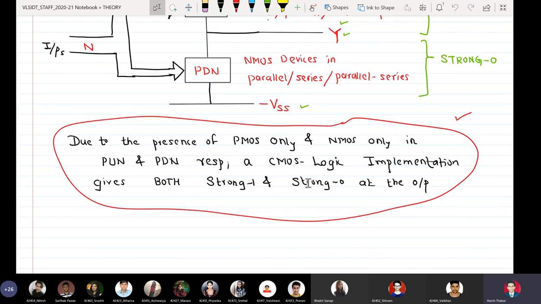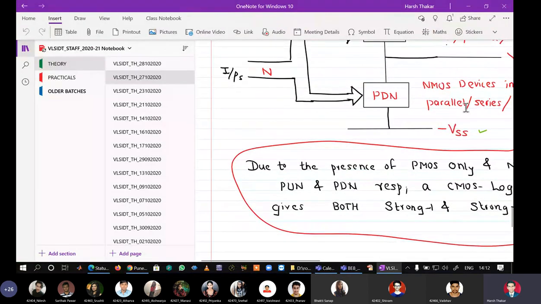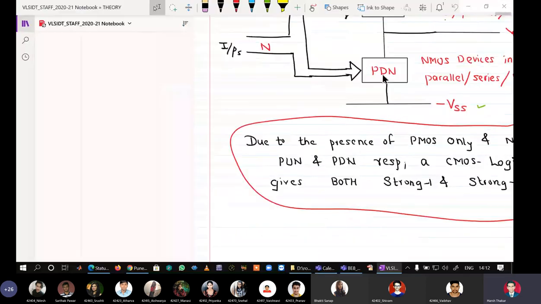Now today we are taking our discussion ahead on the CMOS logic family. That is the first one, complementary CMOS, if you remember. The complementary CMOS logic family is one in which you use an equal number of PMOSs and NMOSs. So if I use one PMOS in pull-up, I must use one NMOS in pull-down. If I use 4 NMOSs in pull-down, I must use 4 PMOSs in pull-up. Whenever the number of P-channel devices in the pull-up network is equal to the number of NMOS devices in the pull-down network, it is called complementary CMOS logic.